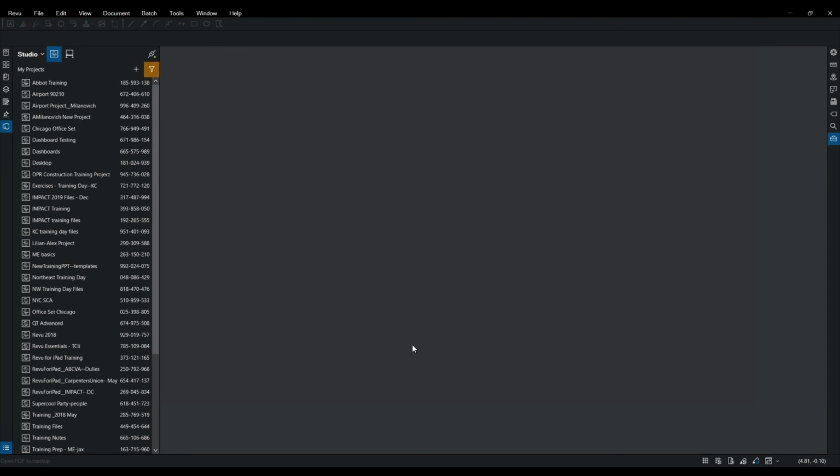Now, your screen is 100% going to look different than mine. Your list might be longer than mine. Your list might be shorter than mine. That's okay. What I want you to pay attention to is at the very top here to the right of the word studio. You should have 2 icons. What I want you to find is that very first icon. It looks like a piece of paper with some writing on it. You want to make sure that that one's got a blue background to it.